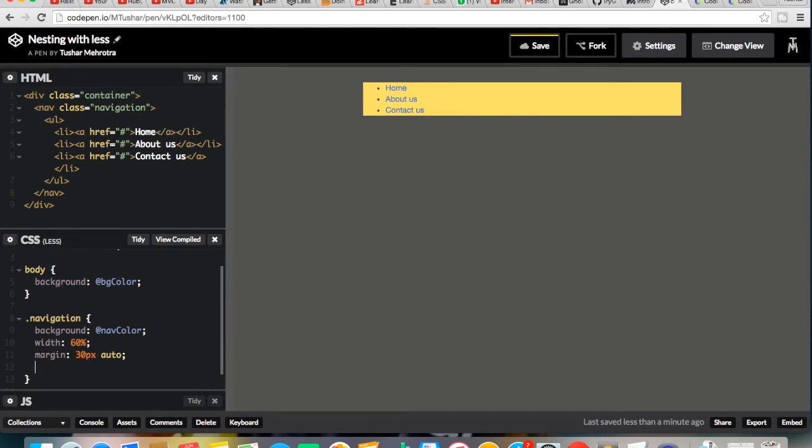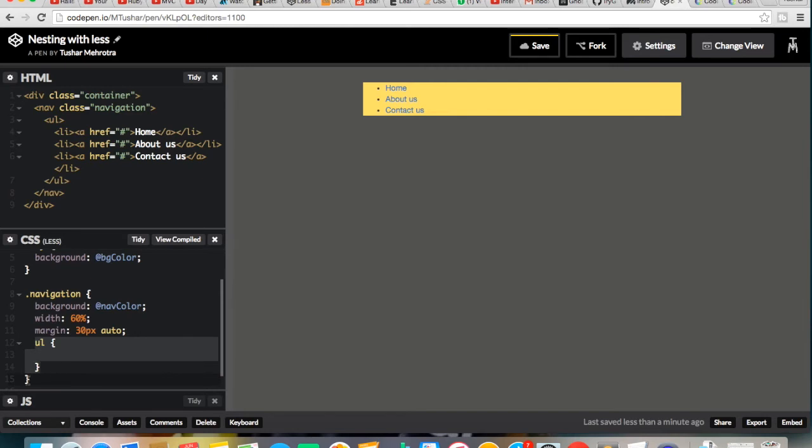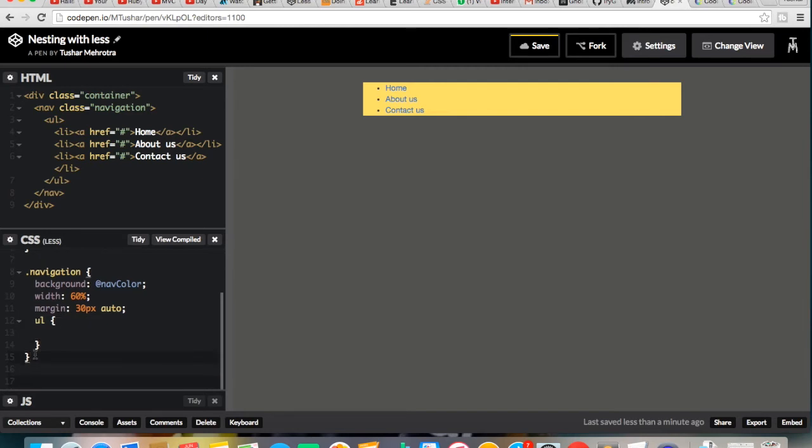Before the ending bracket of navigation, we have to include the UL, and we have to close it inside only. So you can see here I have included UL before the ending bracket of navigation. In UL I just want to give some padding, so it will be 10px 20px 10px 0.